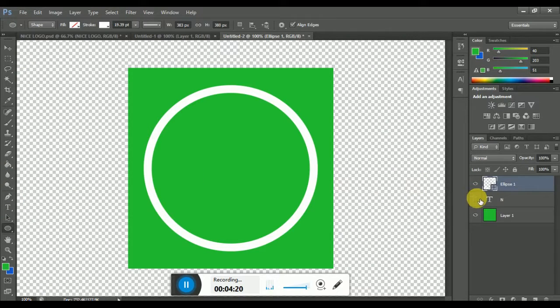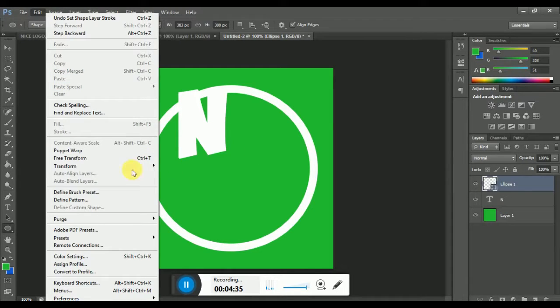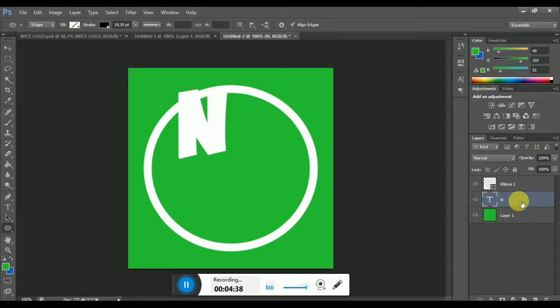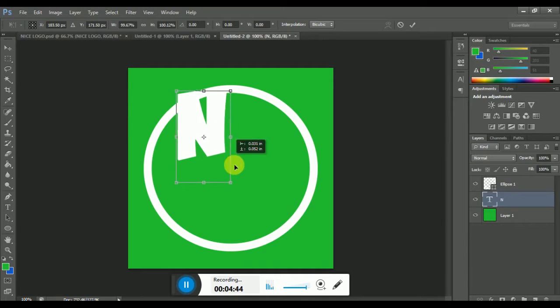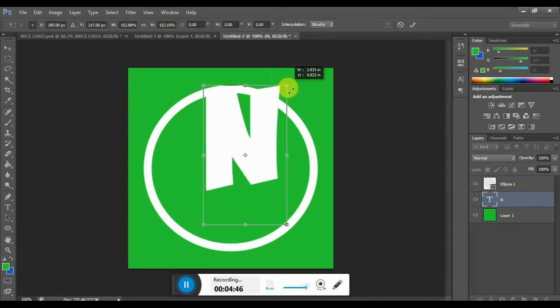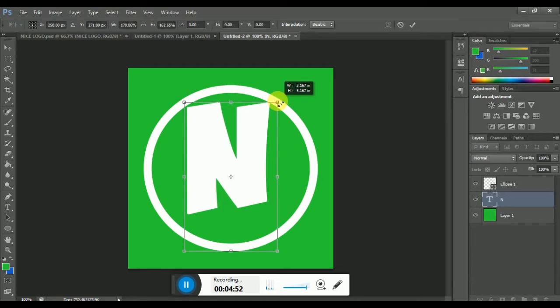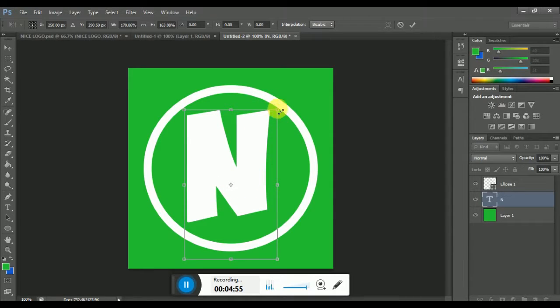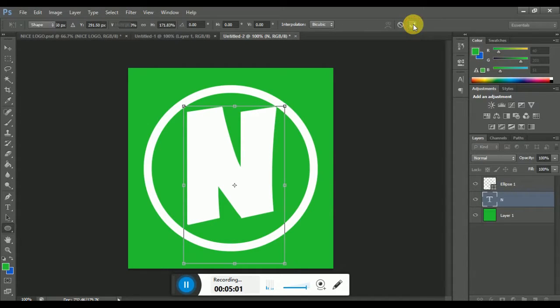Now we make this text. You can click on the I logo once again, the little I you saw here. You click the first time. Once you click on it, it's gonna bring out your end letter you just did before. So once you want to resize the end tool, you click on edit. You make sure you click on the layer, then you click on edit, and then you click on free transform. And once you click on free transform, you can resize it to whatever size you want. So we're just gonna drag it here a little bit, drag it to the top, make it a little bit bigger if you want. So once you're satisfied with what you've done, then you can just click on this check mark at the top,